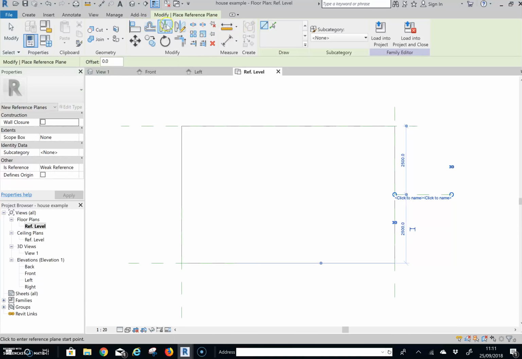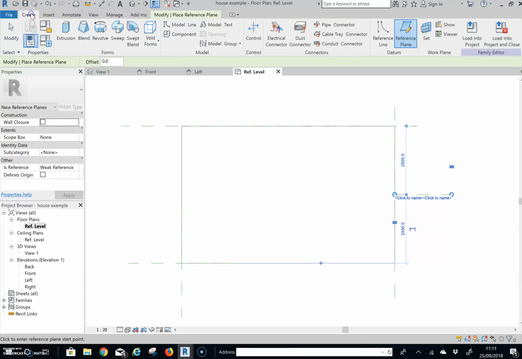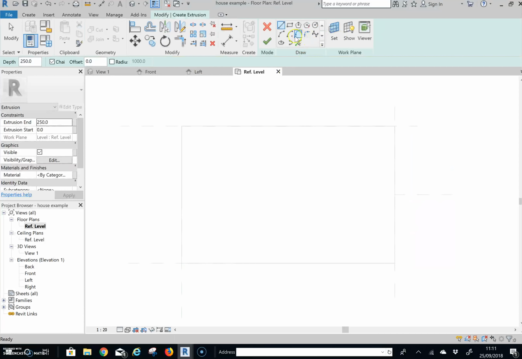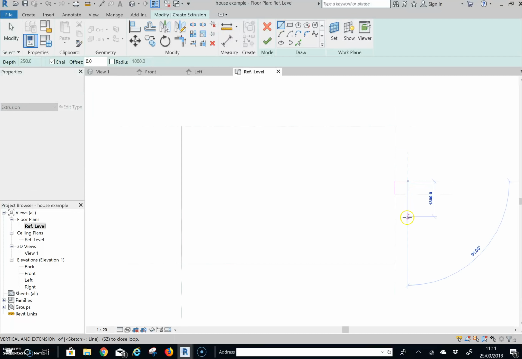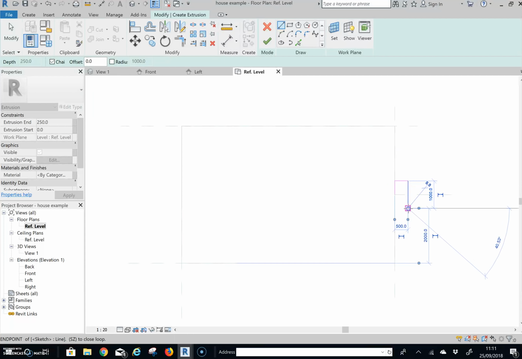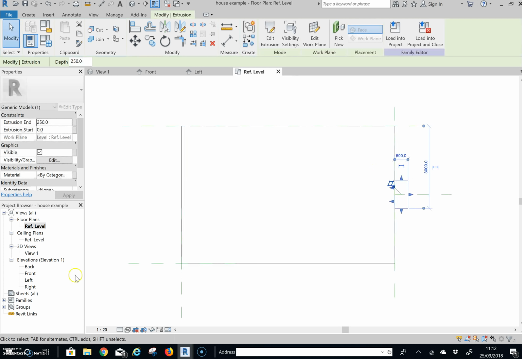So let's go for drawing this. So if I create an extrusion, and I start from here, so this way I go 500, this way I go 500, this way then I go a metre, and then 500, 500. That's made the rectangle. Look at it from the front,